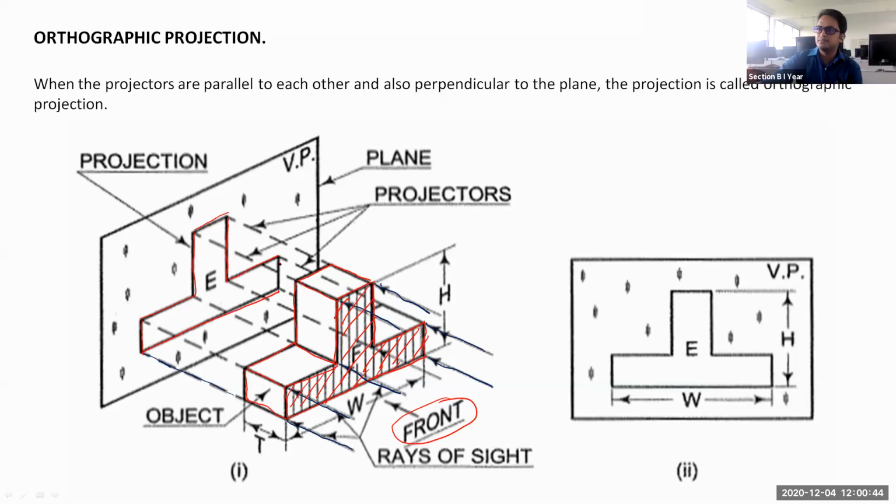I'm showing you simple objects. Afterwards, I will give you slightly more complicated objects. This is for your understanding, and then you have to apply your concept and draw. Suppose I give you any 3D component, what will be its front view, what will be its top view, you have to draw it. When we look at this object from the front side, this shape you will get, which is drawn over here on the right hand side.